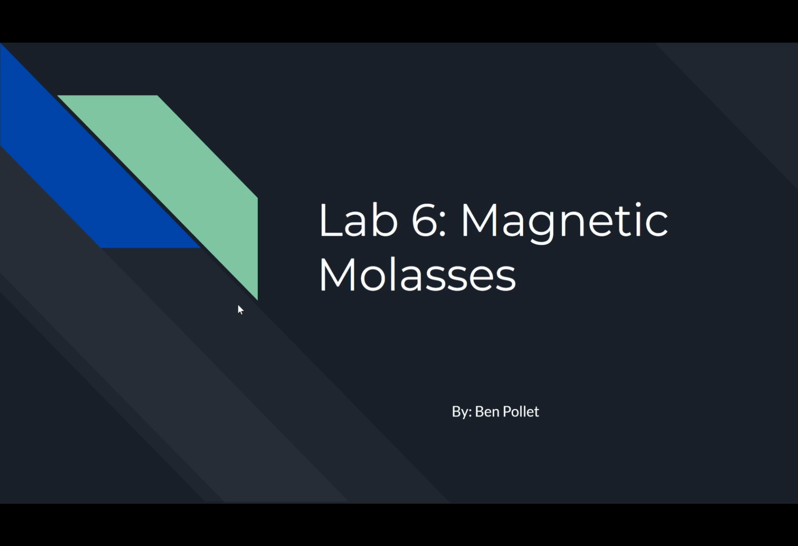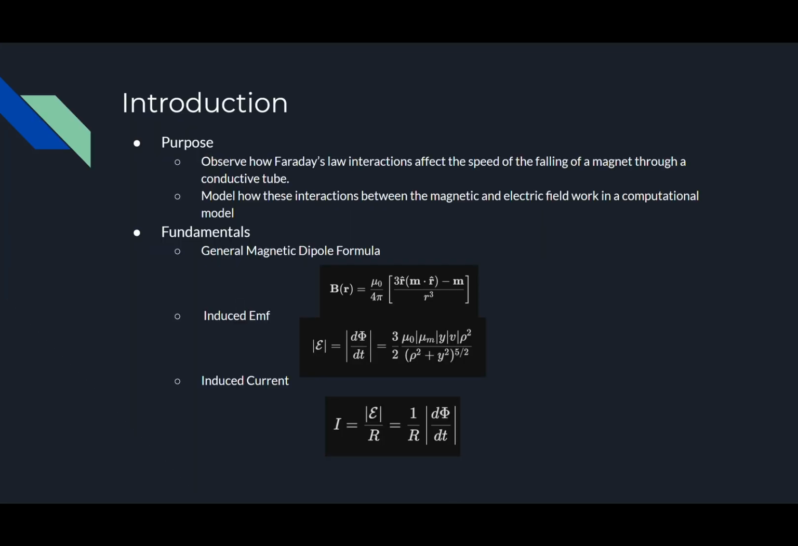Hello, this is Lab 6, Magnetic Molasses. So the main purpose of this lab is to observe Faraday's law's interactions and how they affect the speed of a falling magnet through a conductive tube, and to model how these interactions between the magnetic and electric field work